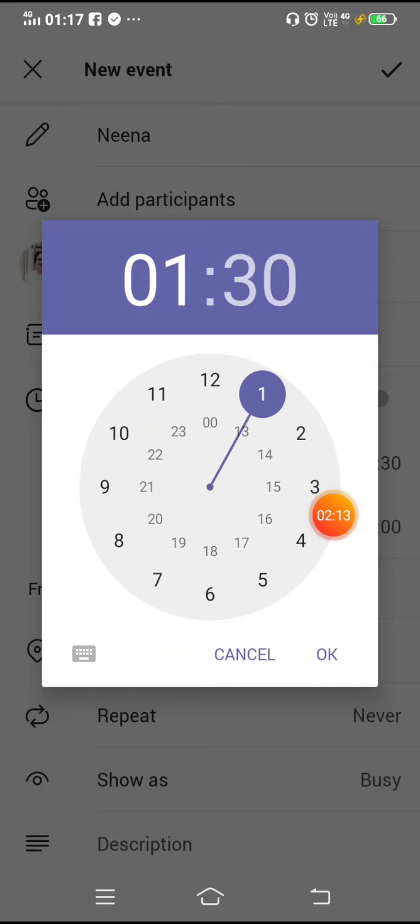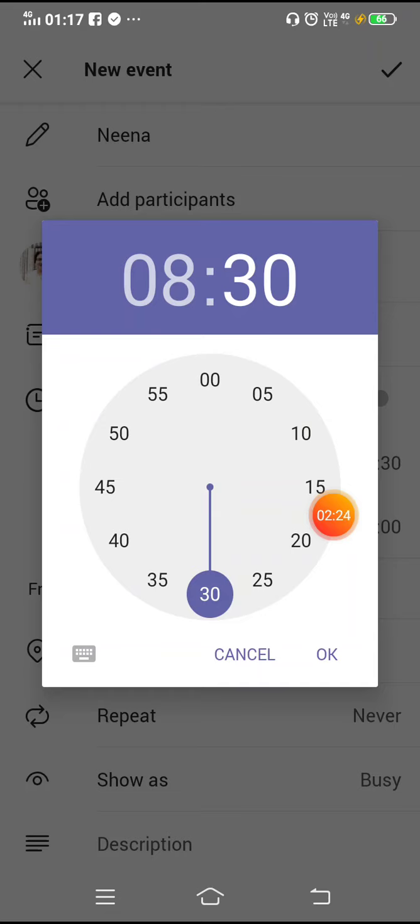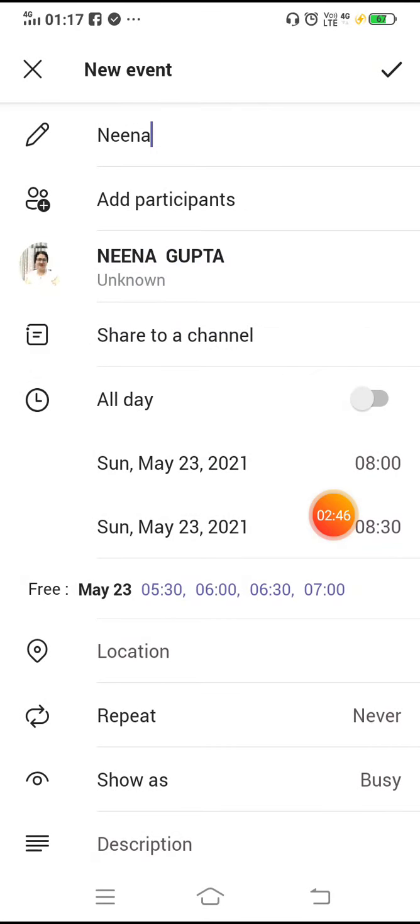time 1. And suppose I want to take meeting at 8. So 8 is selected, and now it is 8:30. Now this clock is showing the minutes. So again if I want to choose 8 only, not 8:30, so I will move this needle on to 0 and leave it. OK. So now you can see here time is 8 on 23. Then